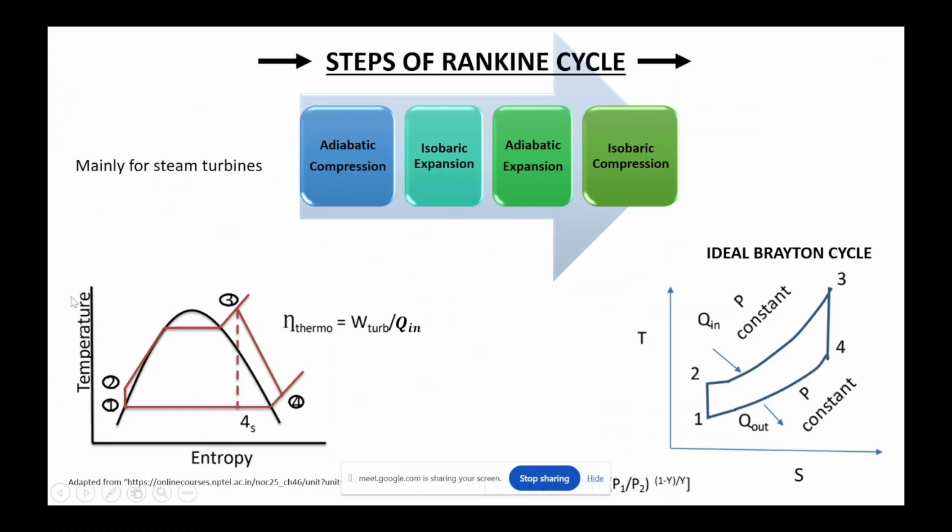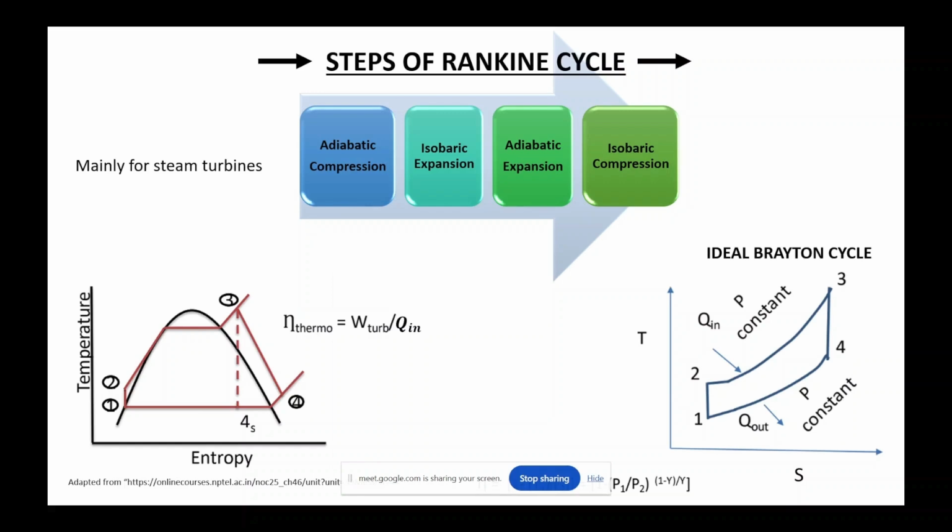So this is the temperature versus entropy diagram for the Rankine cycle. These are the four different processes in a Rankine cycle: adiabatic compression, isobaric expansion, adiabatic expansion, and isobaric compression. What happens is, you pump the liquid into your system through this reversible adiabatic compression process, after which